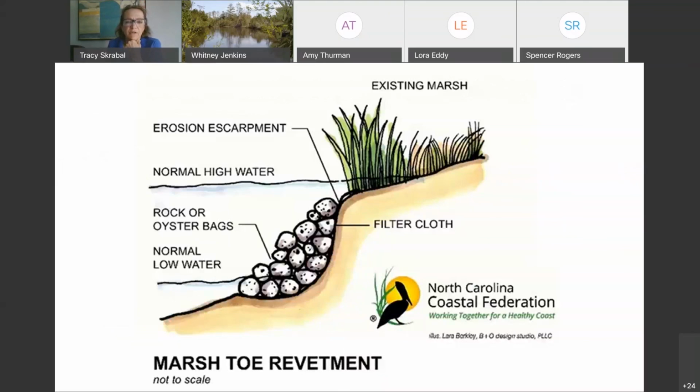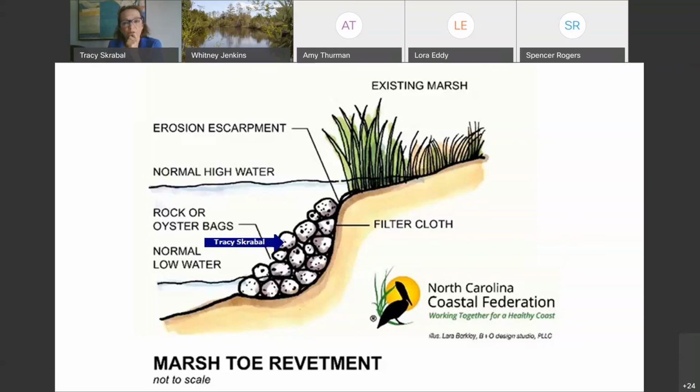Marsh toe revetments are another structure that is permitted under the general permit. This is a structure, again, it is a form of a sill. This cartoon doesn't really show that, but I'll show you a picture where you have an existing cut bank and you have coastal marsh, and you're not looking to restore coastal marsh, but you want to hold the line, if you will. We've had a general permit in place for a while now to put a little bit of stone, usually with filter cloth, but sometimes not, or you can use oyster bags to do this at the base of